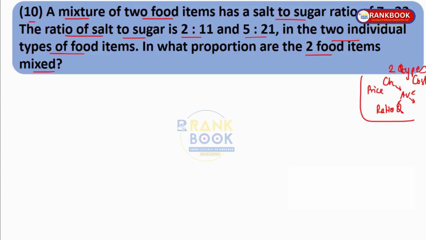But over here the problem is there are two types of food items, and each food item has two types of quantities. One is salt and one is sugar, right? So which one to take cheaper, which one to take costlier? Now this becomes difficult, but actually it is not. We have to use the same technique. It is very easy, and it will become clear to you in a minute while solving the sum how to approach these kinds of sums when each type has individual elements also to it.